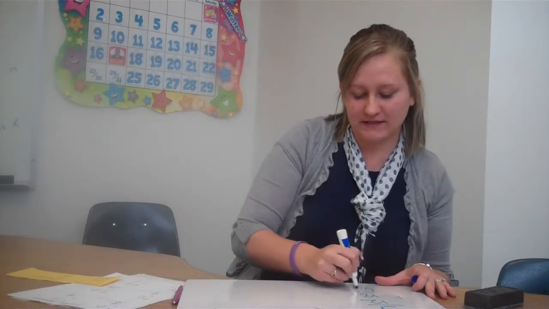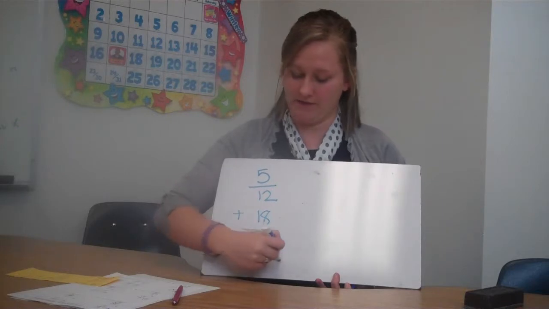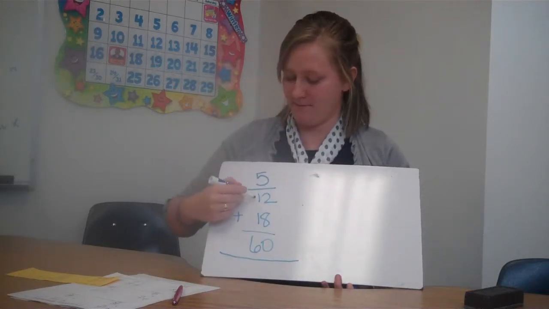Okay, tonight for your homework, what you're going to do is be adding and subtracting unlike denominators, and you're also going to have to reduce fractions to the smallest fraction that you can. So the very first problem says 5/12 plus 18/60. Okay, the very first thing that you need to do on all of these is find the LCM of